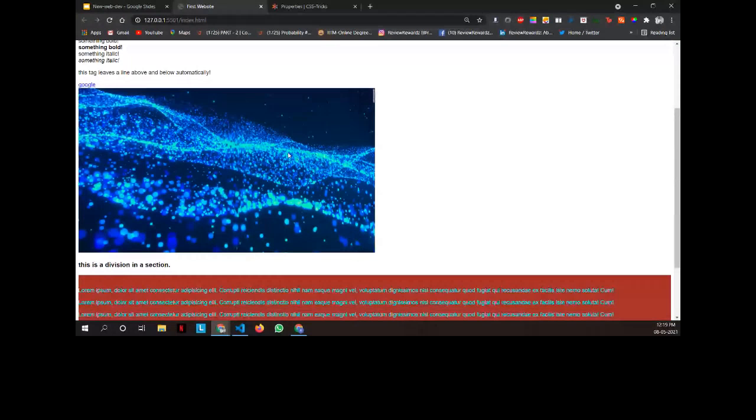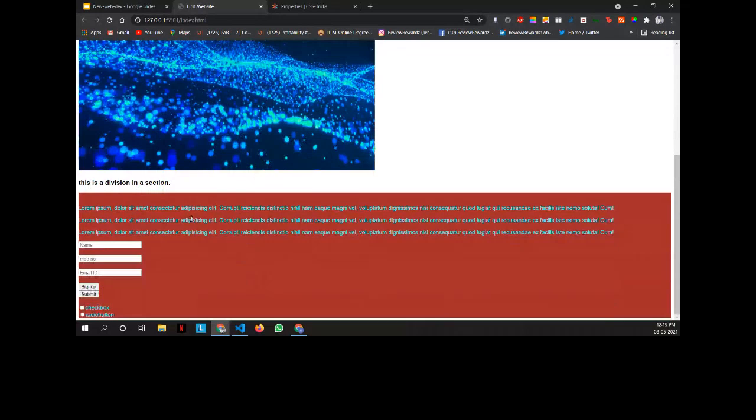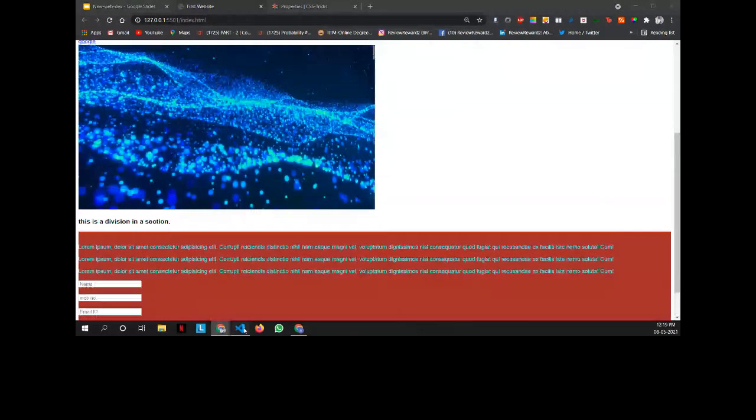This is not only applicable to images, but you can also apply it on divisions here. If a division is currently occupying 100%, and we want it to occupy only 50%, we add the CSS width equal to 50% to the division's class name.